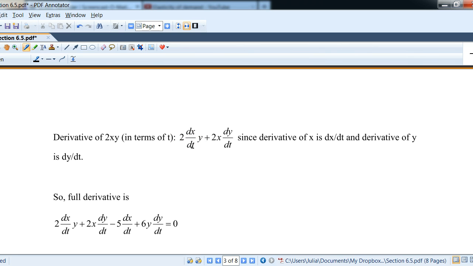So that's dx/dt. Sometimes we just say if it's just a variable, the derivative is, let's say, dx/dt in this case. Or derivative of A is dA/dt, or cost is dC/dt. We'll see that again. Times, we keep the y, and then plus 2, you keep the x, but then you differentiate the y, so you get dy/dt. Okay, so the full derivative, so this is the derivative of 2xy. So 2, differentiate the x, you keep the y, plus 2x, and then you differentiate the y,